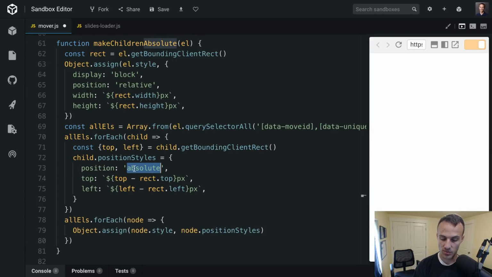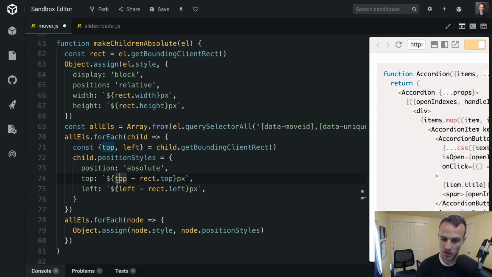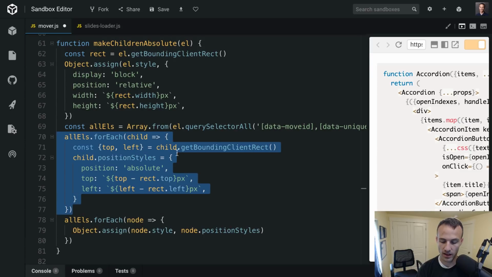But I'm going to set that position to absolute, and thankfully now it's relative to the code node, and so absolute works. And then I also need to make the top and left relative to the code node as well, so I use rect top and left. And then it's important here that we don't